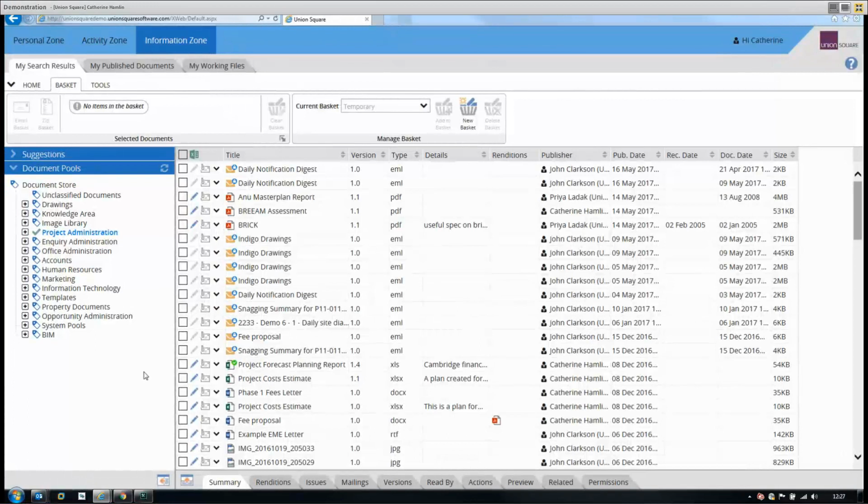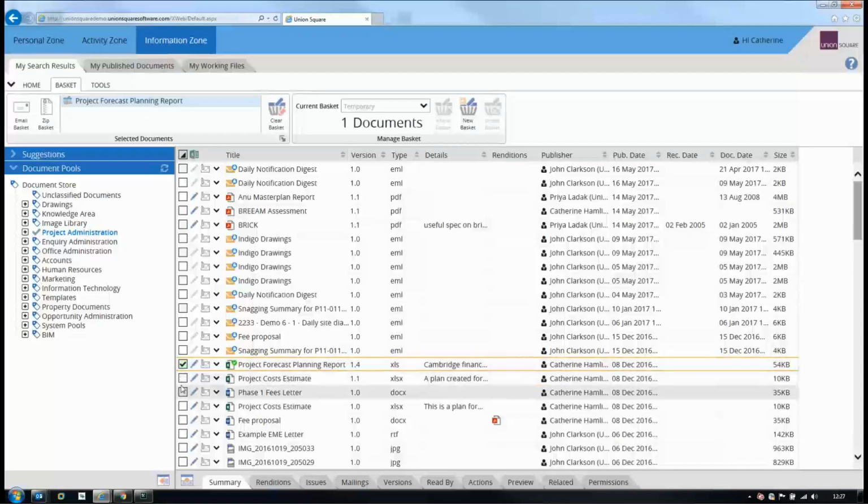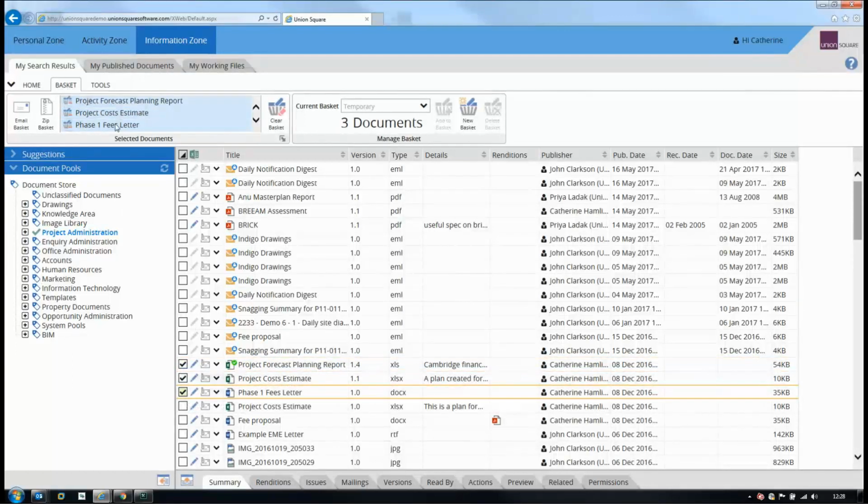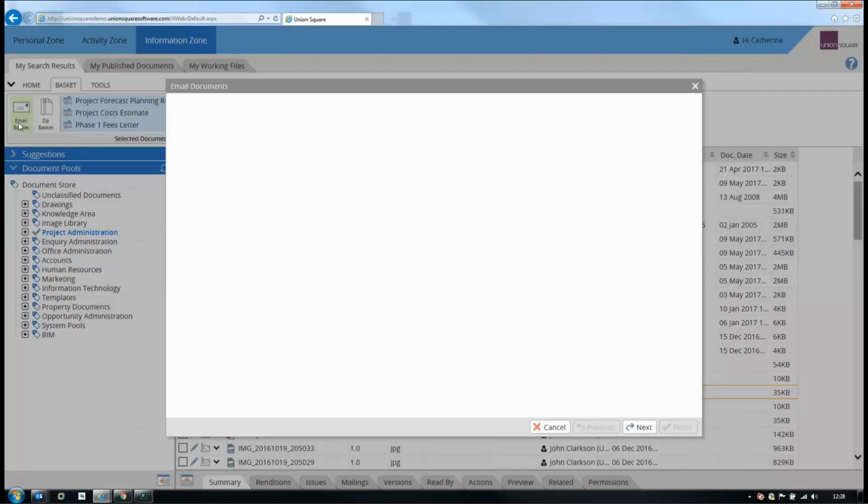So all we actually need to do is get the documents in the results that you need to send out and just click the checkbox next to each of the documents. And if you've got your baskets tab selected, then you'll see the documents start to fill up in that temporary list there. And then we've got the option to then email the basket, which takes you through the email wizard within the document management system, or offline the basket as a zip file. So if I go through the email option first,